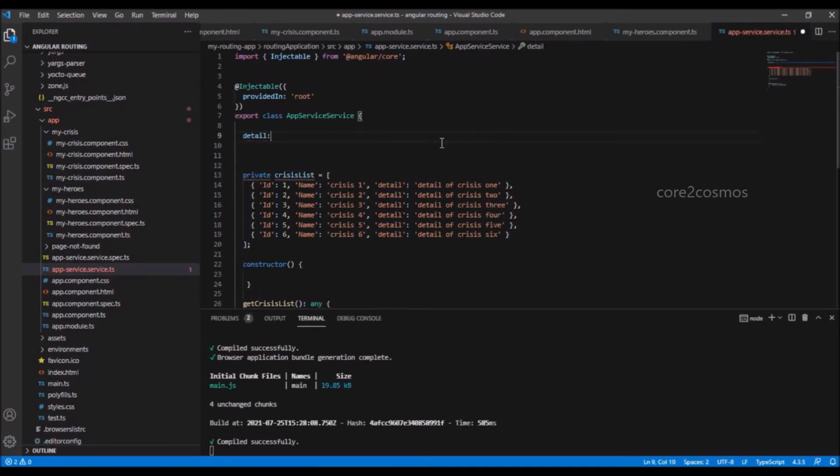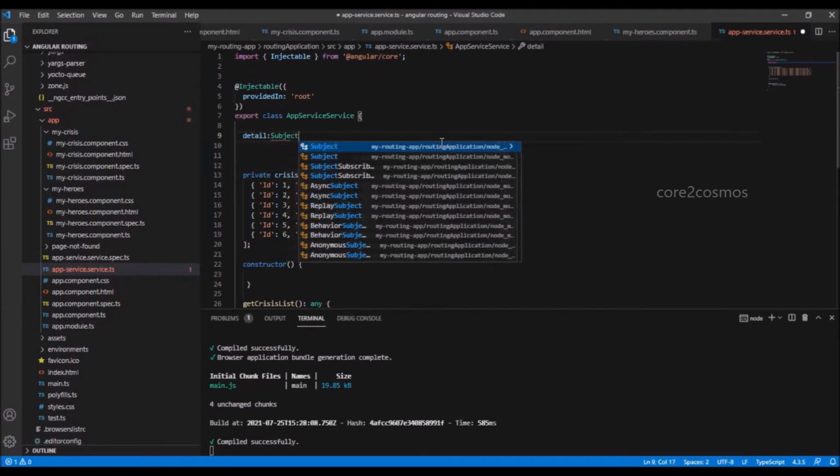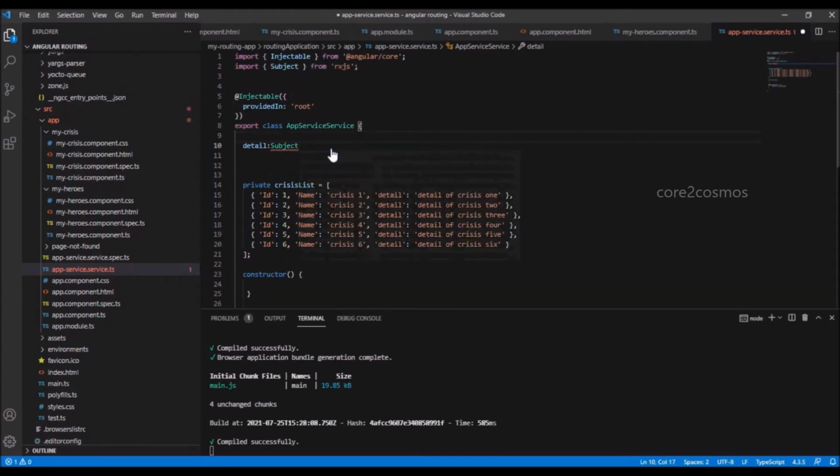In the appservice.service.ts file, at line number 9, I create a variable with name detail, which is going to be of Subject data type. This subject is going to accept a string value.